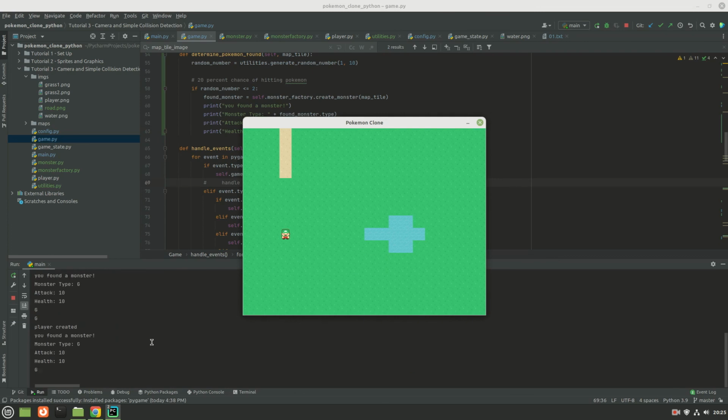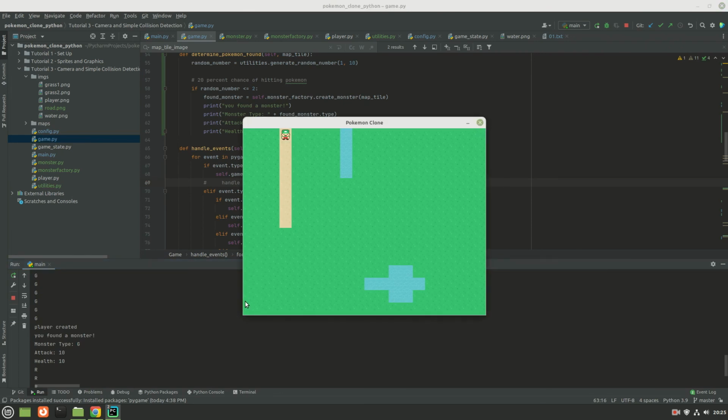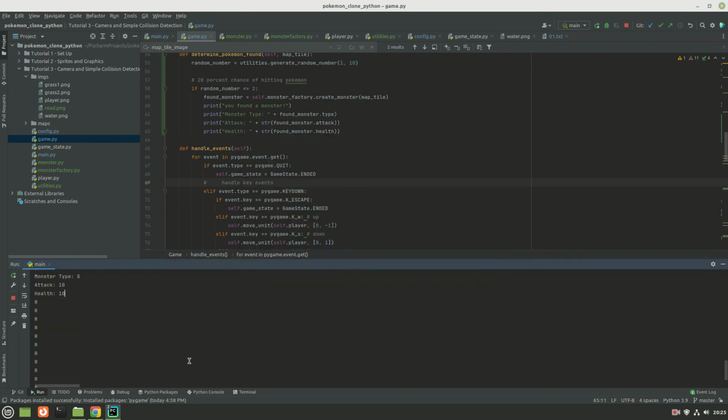And there we go. We found a monster. Found a couple. We can see that they're all grass type. Now if we're on the road, we will not find one.